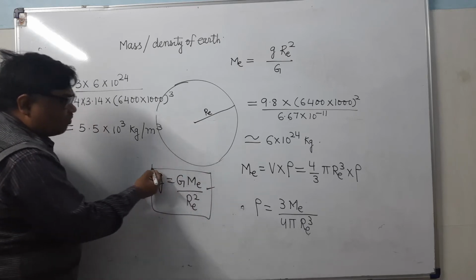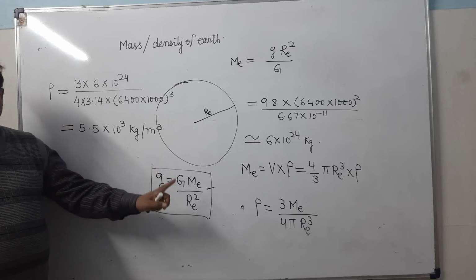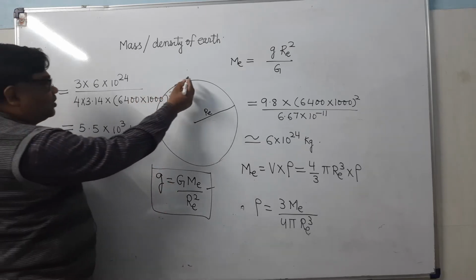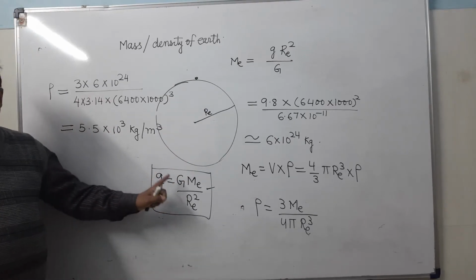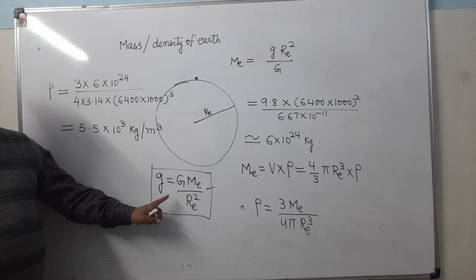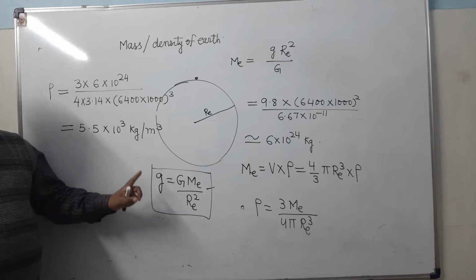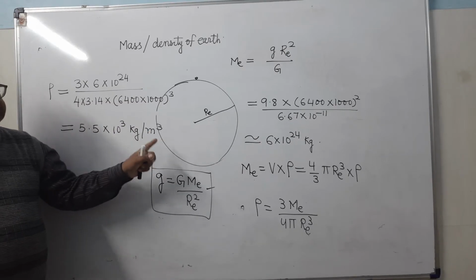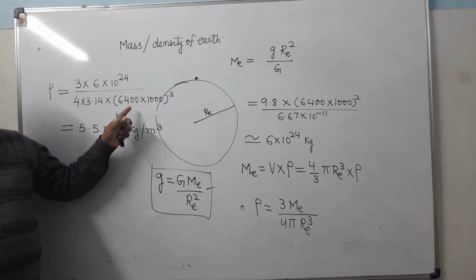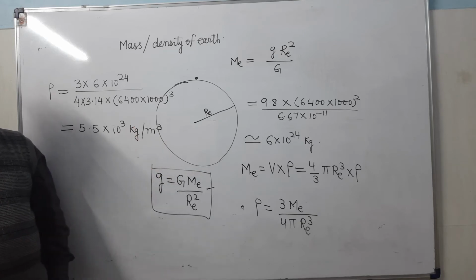As we know that this is the formula of the acceleration due to gravity at any point on the earth surface. अर्थ के सरफेस के किसी पॉइंट पर एक्सीलरेशन ड्यू टू ग्रेविटी क्या होगा? It can be obtained by this formula. And we will keep one thing in mind, that in the derivation of this formula we have assumed Earth is a perfectly spherical body and a uniformly dense body, though we know that these two things are not correct. Earth is not perfectly spherical and it is not uniformly dense.